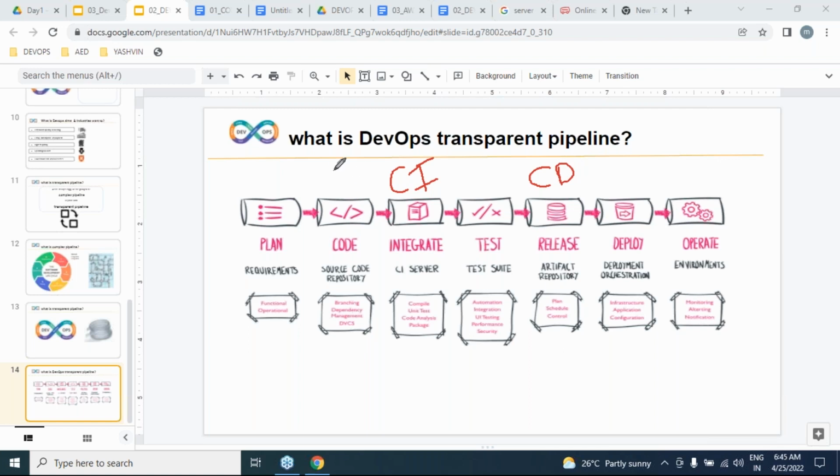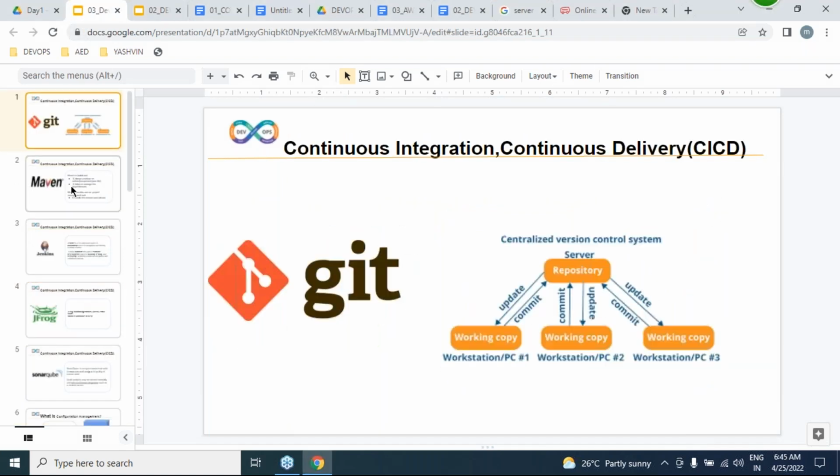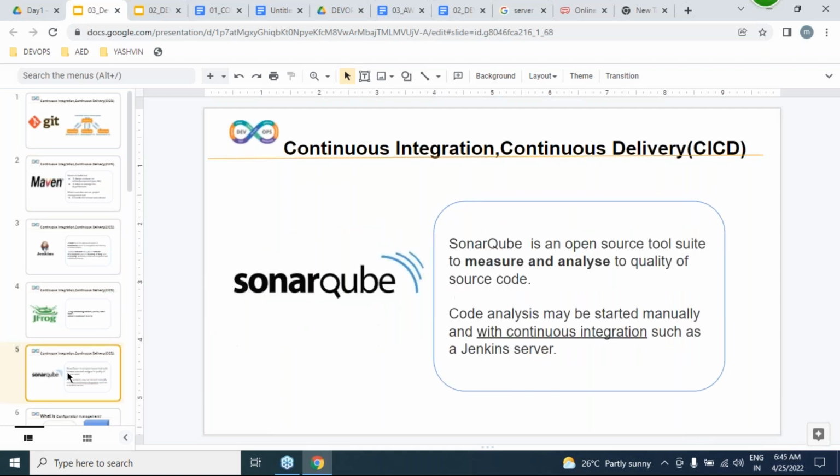After completion of writing all the developer source code, continuously integrating by the CI server, and making working software, delivering it into the release. This we call CI/CD, continuously integrating, continuously delivering. So we are going to be implementing an automated process with the help of these tools: Git, Maven, Jenkins, JFrog, and Sonar.